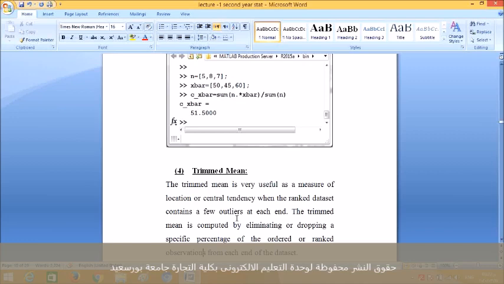Okay, so when you have to use the trimmed mean instead of the mean, okay,